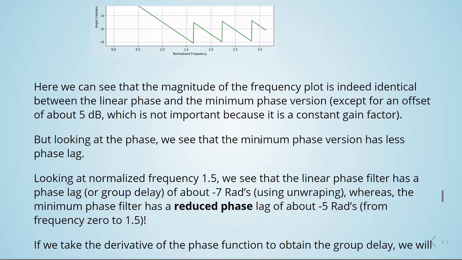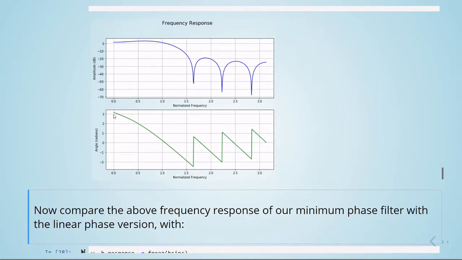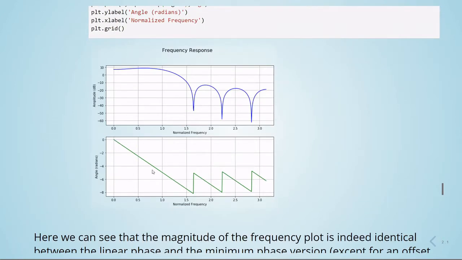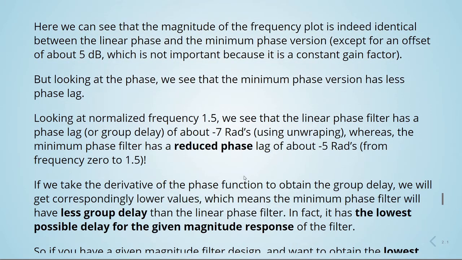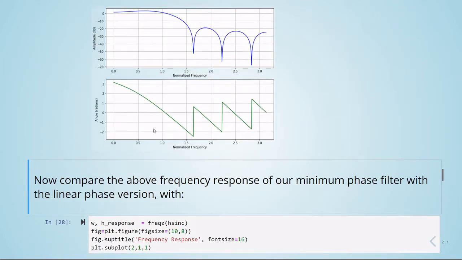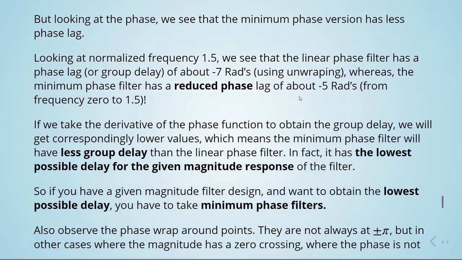So looking at normalized frequency 1.5, we see that the linear phase filter has a phase lag of about -7 rad. So at 1.5, no, this is the linear phase, so -7. Whereas the minimum phase has a reduced phase lag of about -5 rad. So 3 - 2, so -5 rads. If we take the derivative of the phase function to obtain the group delay, we will